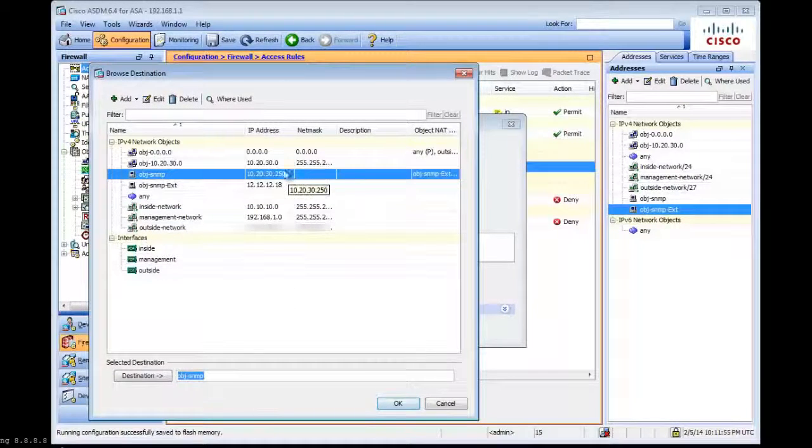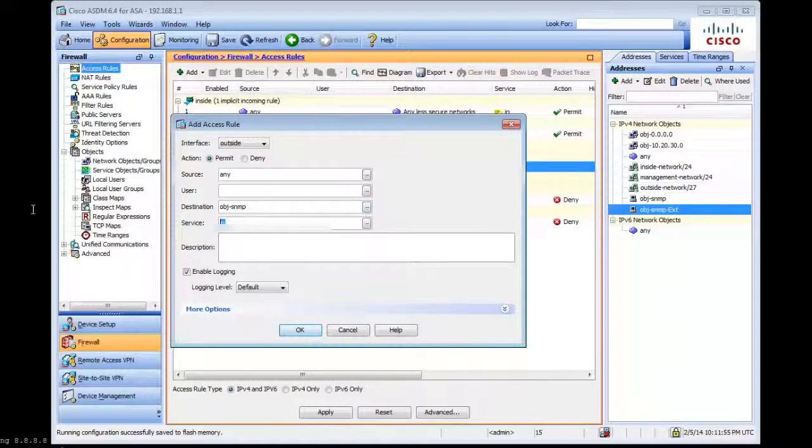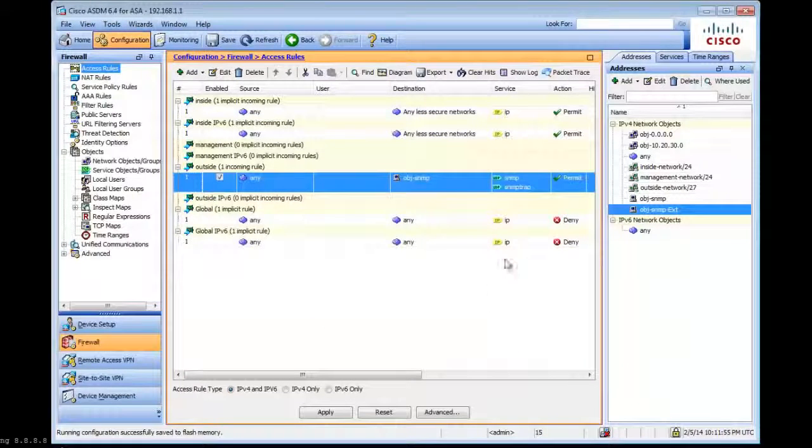IP. Hit OK, and the only thing I want allowed is UDP/SNMP, UDP/SNMP traps 161 and 162, and you hit OK, and there you go. So now you have an access rule that says, hey, I have an SNMP server, which